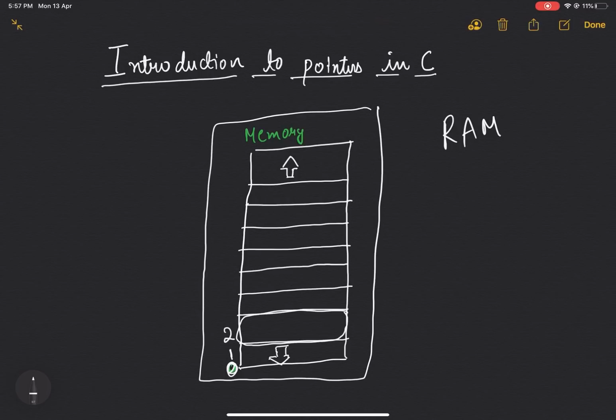Let's say, for example, we declare a variable a of type integer. When this program executes, the computer allocates some memory for this variable. How much memory it allocates depends upon the data type and also the compiler. In general, an integer is allocated 4 bytes of memory.